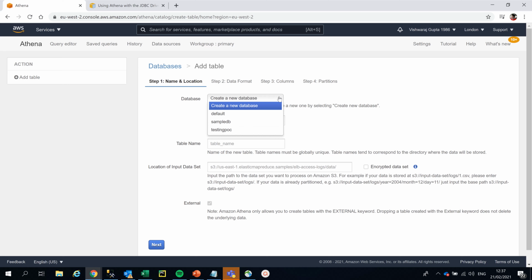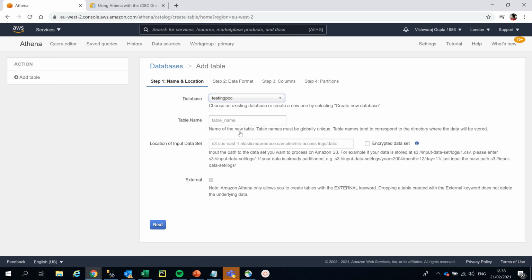Here you have to mention a database. There was already a database located in my Athena console, so I'll just go with testing POC. As you see, sample DB and default, these two are default databases which are located in the Athena console. But I have created this testing POC. Simply name the table. So let me create it. I'll take testing POC and I'll say testing